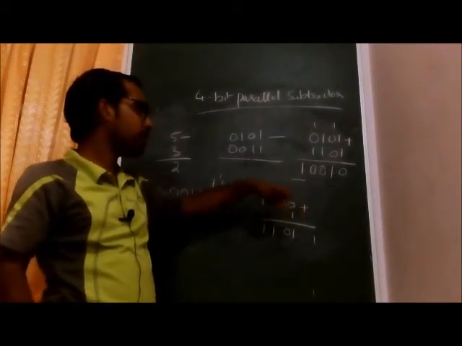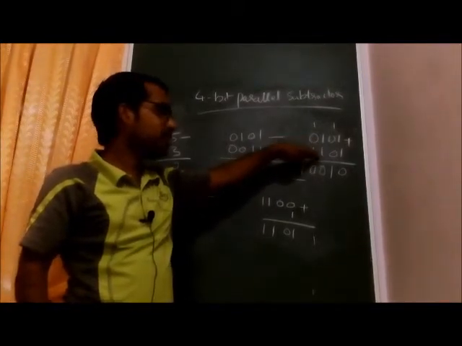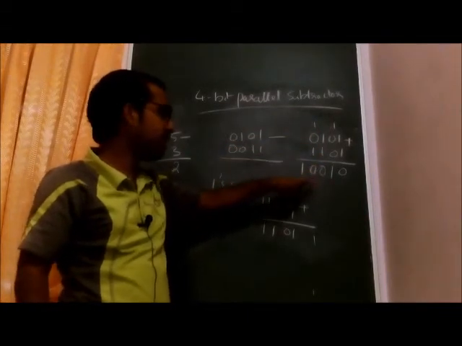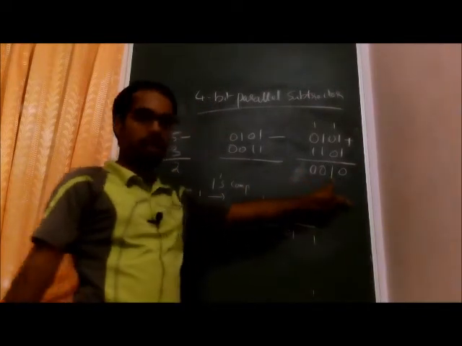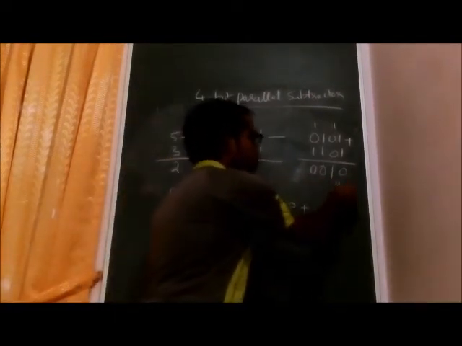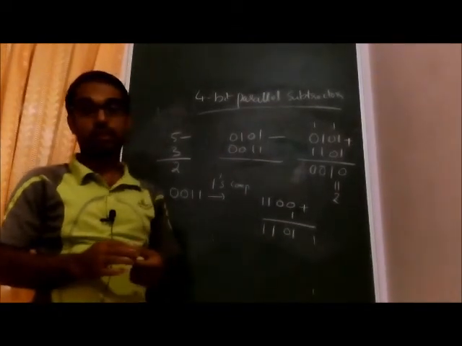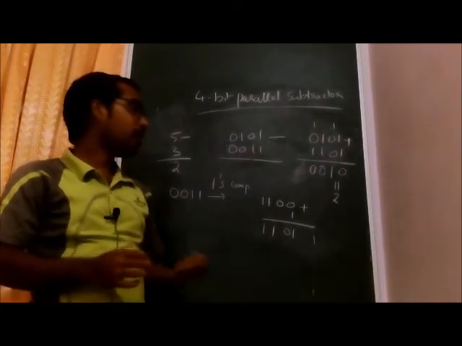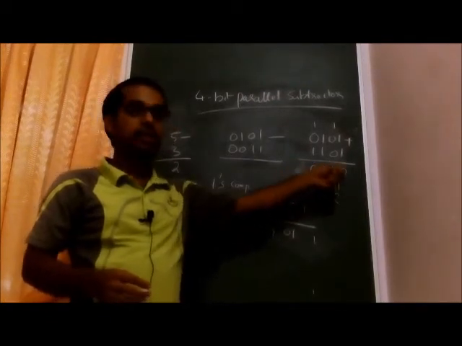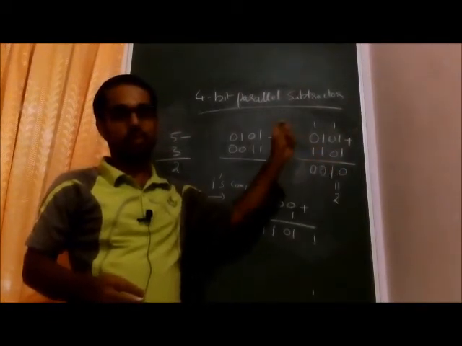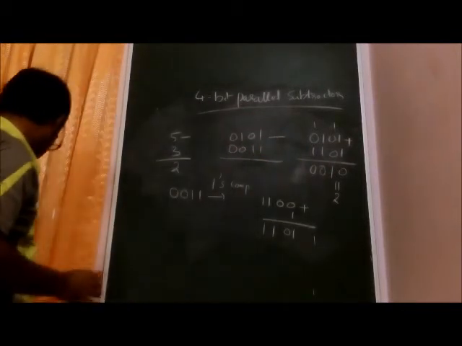In the 2s complement case, we add the 2s complement of the second number to the first number, and if there is a carry generated here, we discard it. So this is equivalent to 2. That means 5 minus 3 is 2. This is how we do subtraction with binary numbers. And suppose there is no carry here. If there is no carry, we again need to take the 2s complement of this number, and that will be the answer. Anyway, this is how we do subtraction in the case of binary numbers.